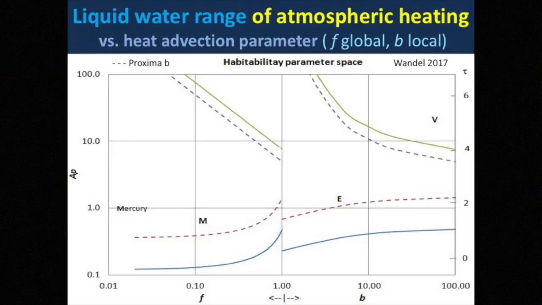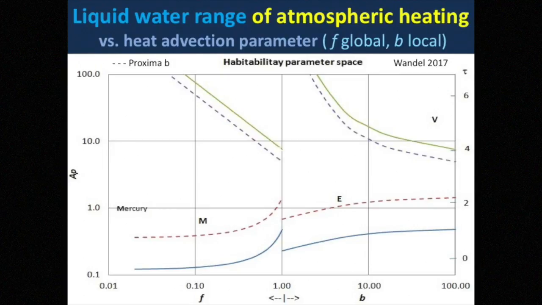But this one is the AP. Remember, AP is the heating parameter independent of the insolation. So just the atmospheric properties, namely the albedo and the greenhouse effect. The greenhouse effect can be related to the optical depth in the infrared, so here it is in these units, assuming a particular albedo. So what we see here in this figure, this is, in my opinion, the most important